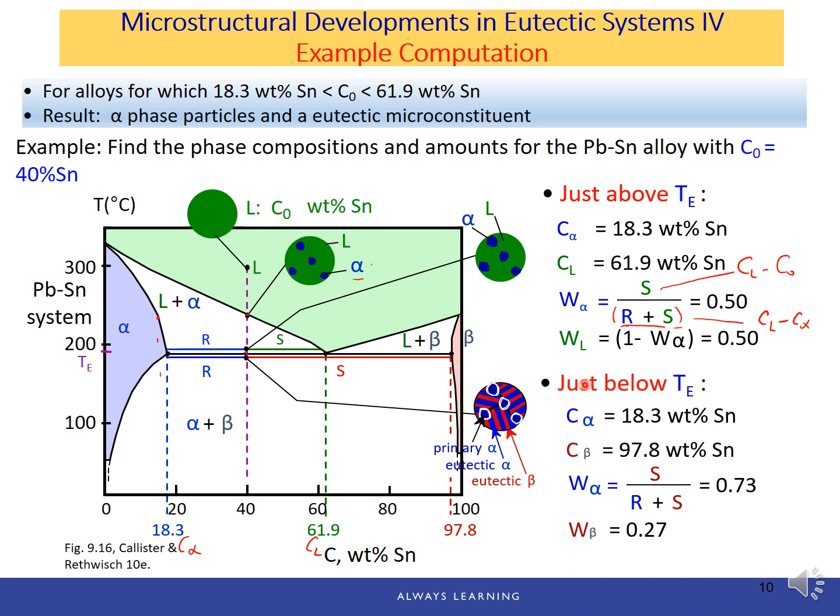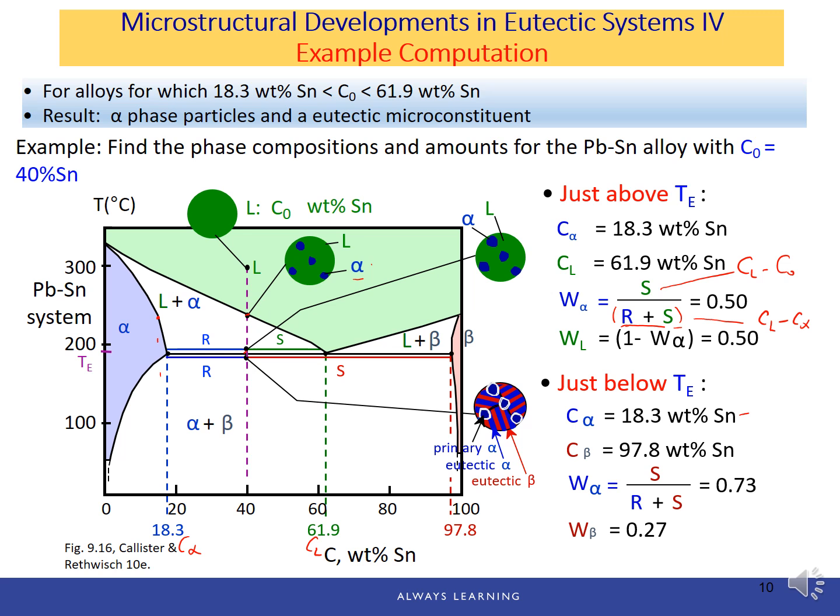So now, just below the eutectic temperature, the composition of alpha phase is the same, 18.3. The composition of beta phase is 97.8. And the weight percent, or phase amount, of alpha is still the S, the right portion of the lever, but now it's longer. The line in red is the new one, versus the previous one, which is the line in green. So now this new S is the new